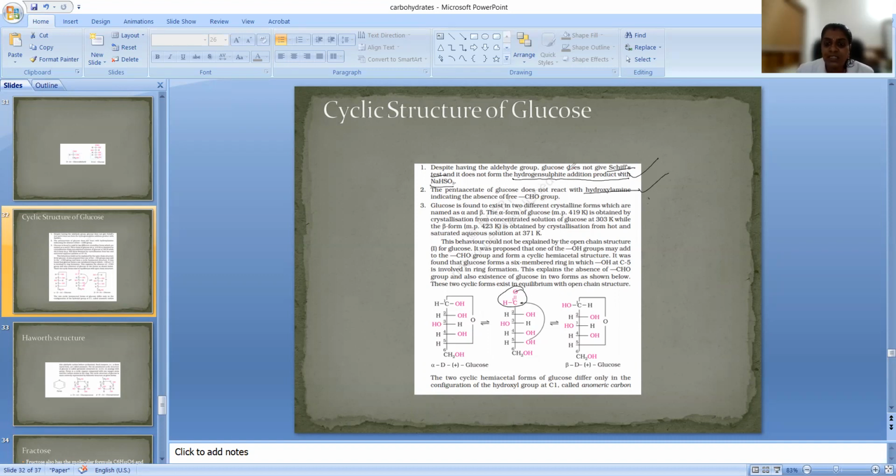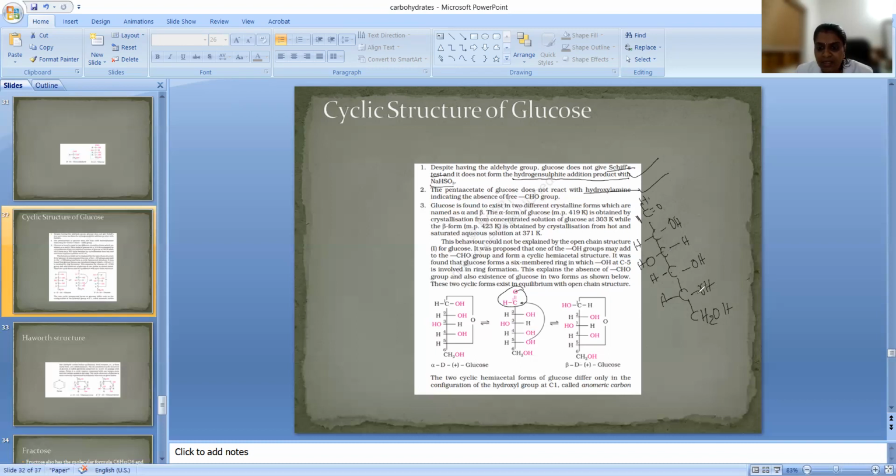So what will be the reason for that? We will find out at last. What is the structure of glucose? Glucose is like this: CH2OH, CHOH, CHOH, and then there is a flipping, that is H here, OH here, and then CHOH, and then CHO. This is the first position, and then second, third, fourth, fifth.